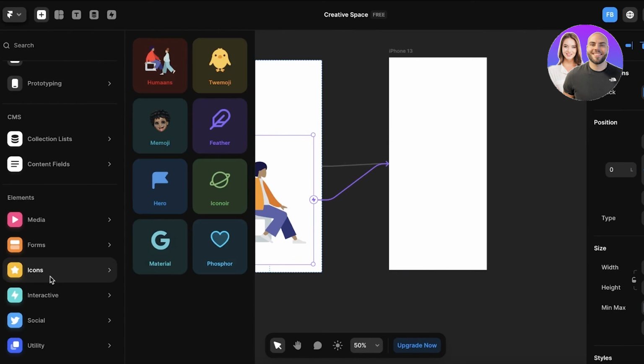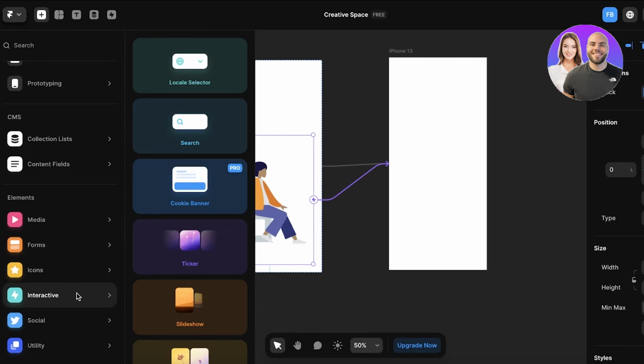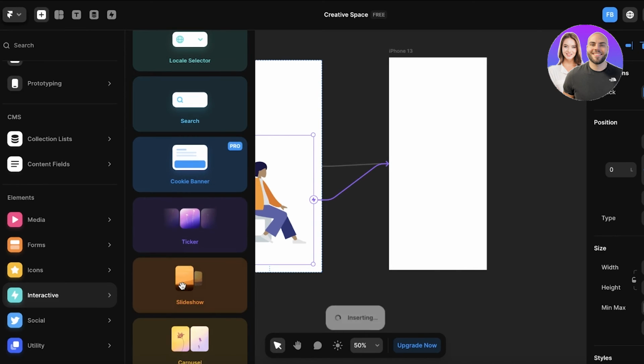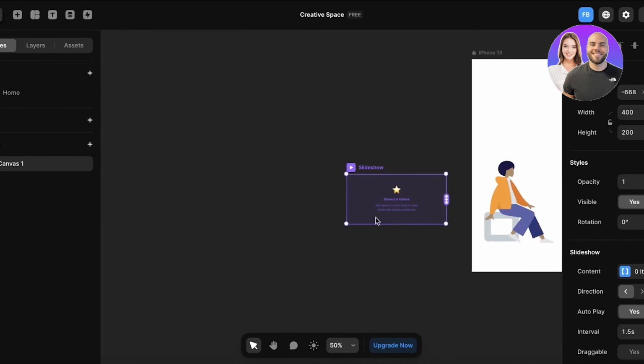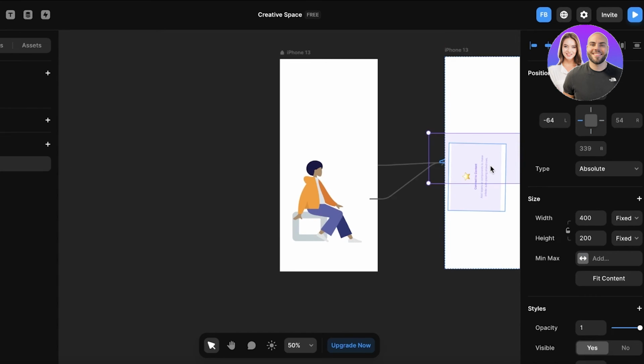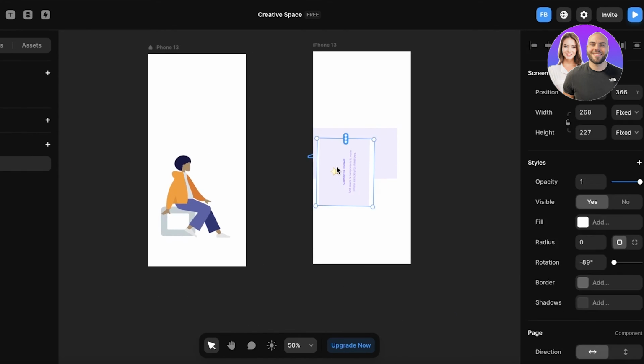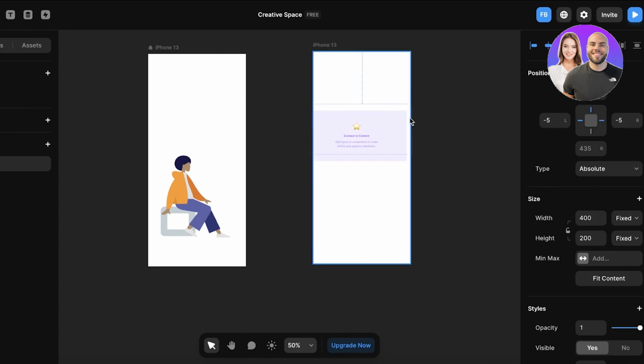Now after that, there is a lot you can add. Let's say on our second section we want to build an interactive slideshow. We can insert that into our second frame. So if you're building maybe like a mobile application, you're building something different. So let's say we want to connect this over here like so, and I'm just going to delete this one,